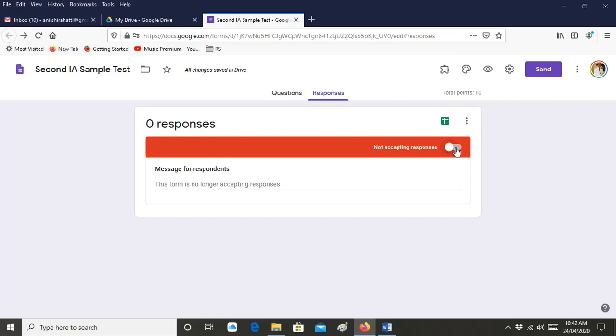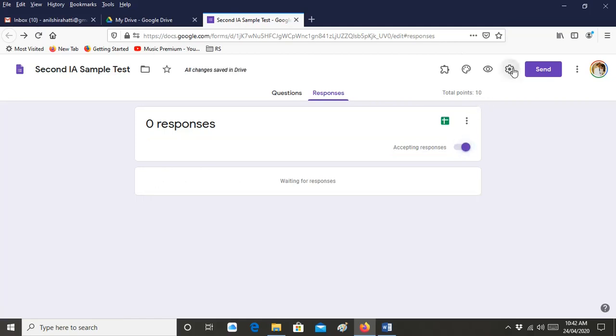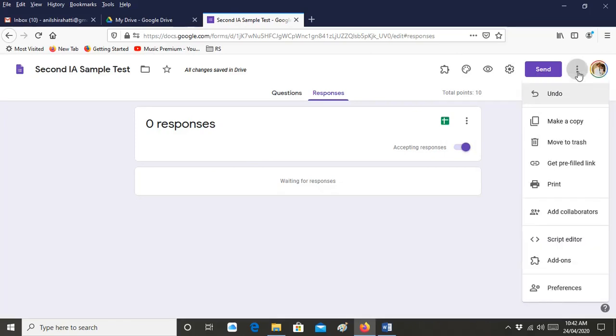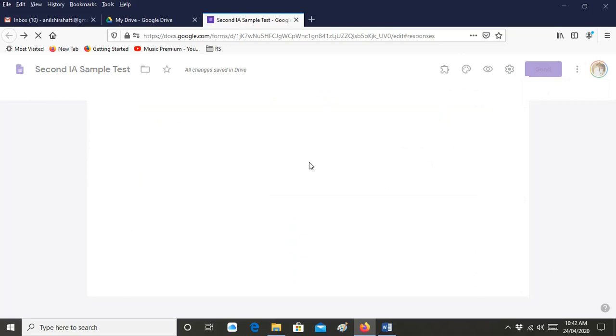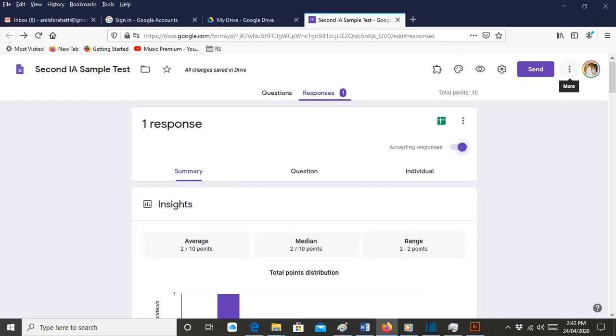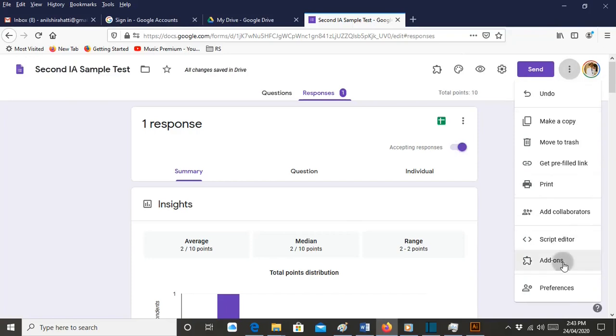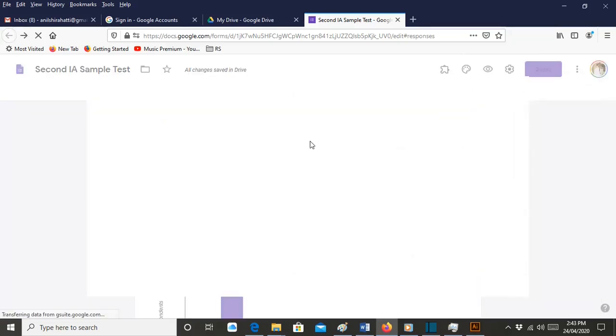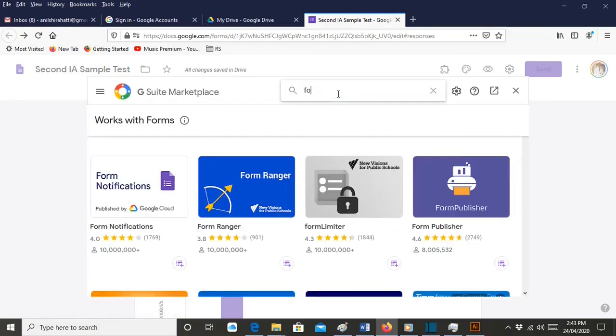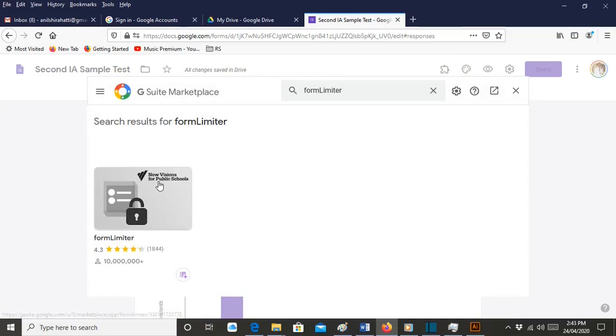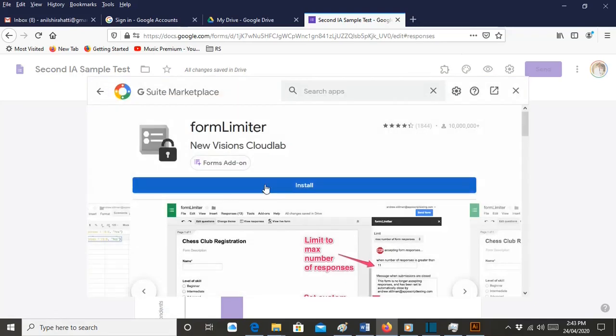If I have to automate it, go to the settings part, go to the more option, and there is something called add-on. Once you press add-on, to install the timer, go here, type form limiter, press this and install that add-on app.